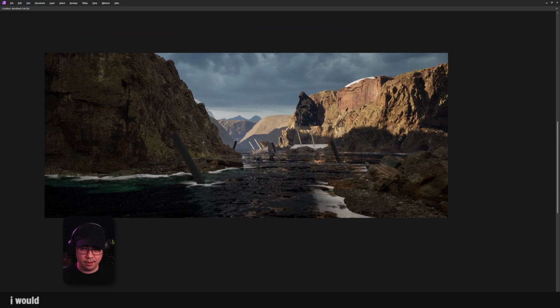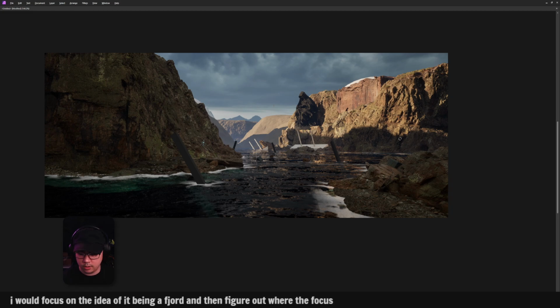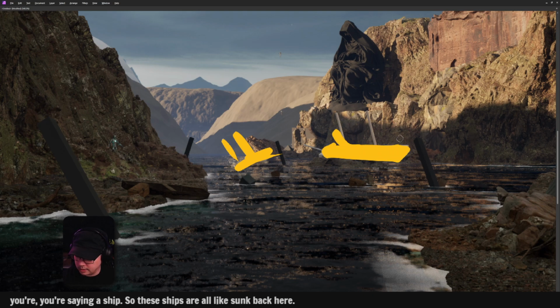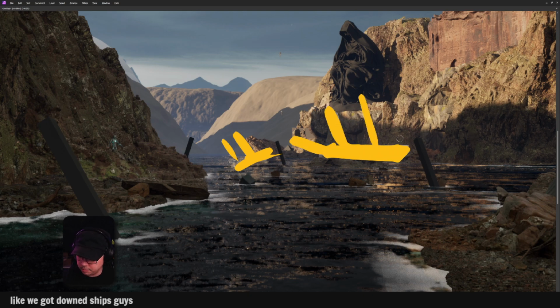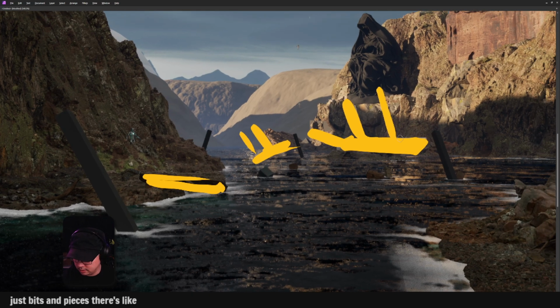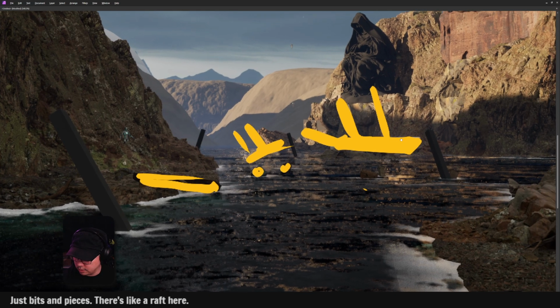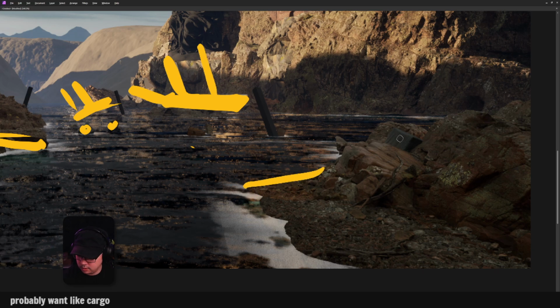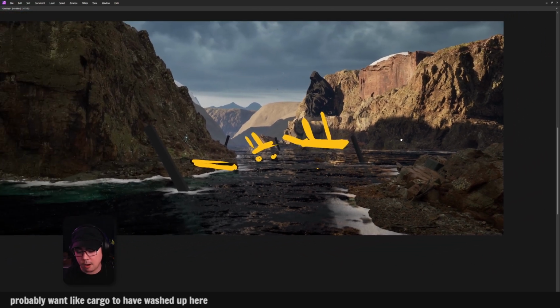But yeah, I would focus on the idea of it being a fjord, and then figure out where the focus is. Like you're saying, a ship. So these ships are all sunk back here. We got downed ships, guys. Just bits and pieces. There's a raft here. There's cargo that's floating around. You probably want cargo to have washed up here. So for me, compositionally,